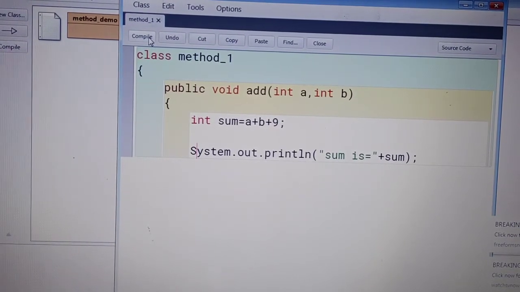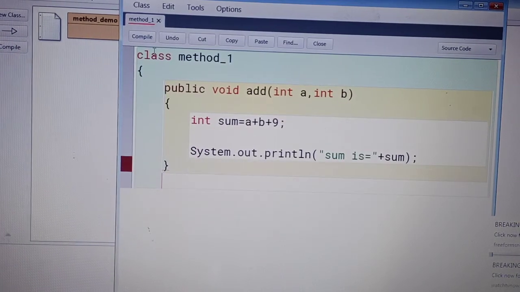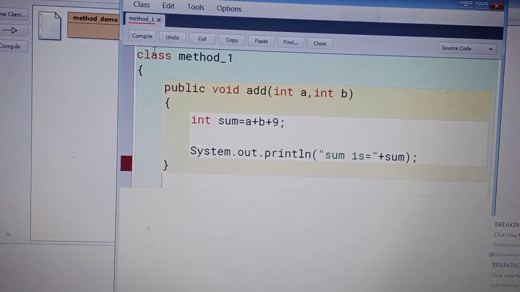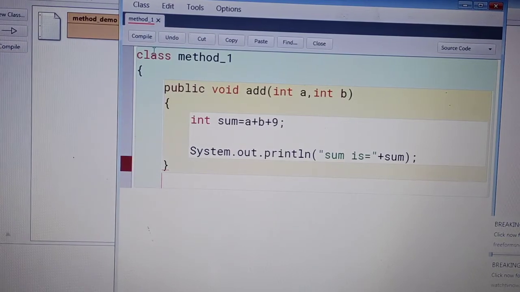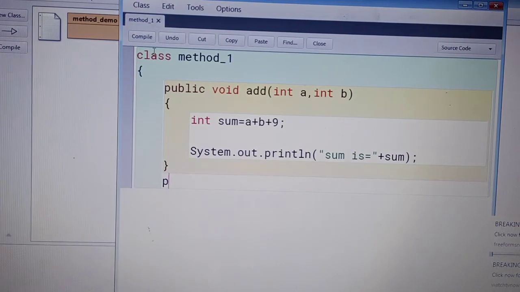Okay, after writing this I am going to close this method here. After closing this method, we declare the method, we define the method, meaning the body of the method. Now we are going to call the method. Third step is calling the method. So how to call? Firstly we write public static void main, means the main method.